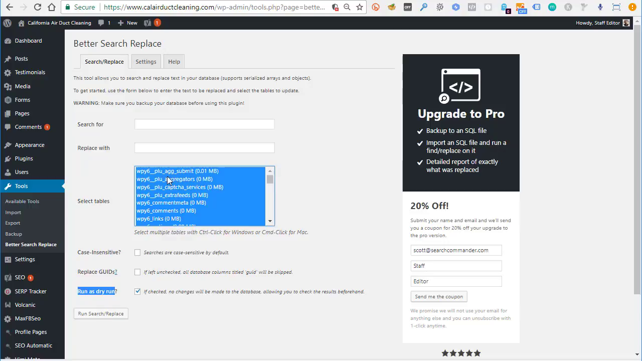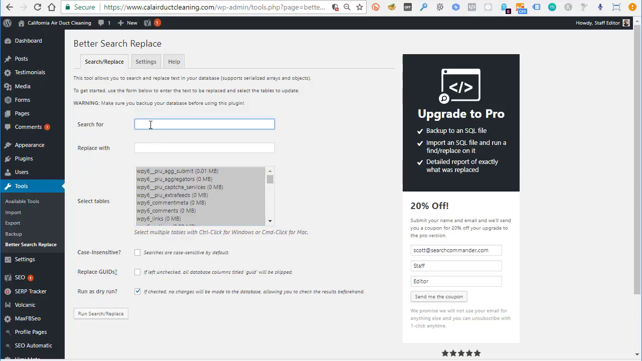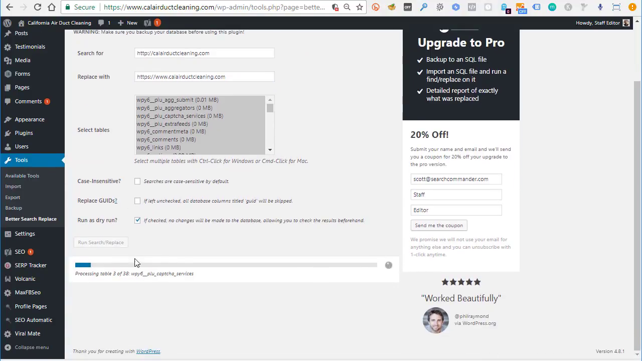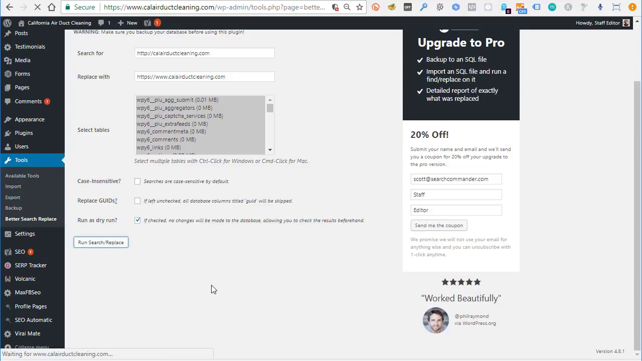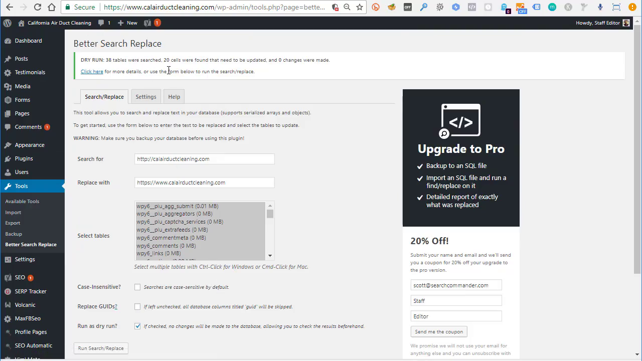You just go here, Control A selects all the tables, and you want to search for all references without the www, and I'm going to change those to HTTPS with the www. And I'm just going to run a test to see if there's any that are like that. It goes through its process here, and when it's done, it'll refresh and it'll tell me how many cells were found that need to be updated, and it'll say that it made no changes. Well, I want to change all 20 of those,